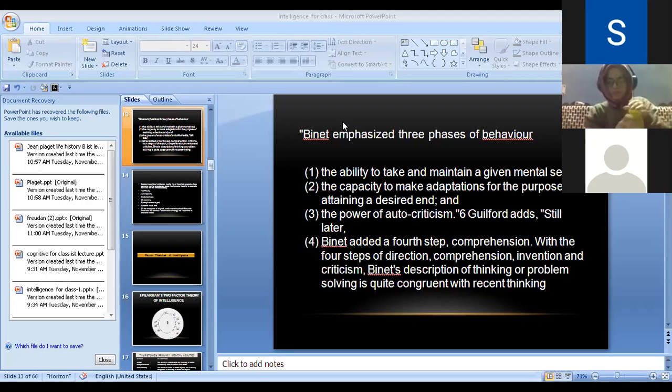Now there are two theories of intelligence, all of you know. One is your factor theories, and the other one is your intelligence process theories. Now, one theory gives importance to the different factors which are important for the intelligence, and the others give importance to the process which are important for intellectual functioning, from which you include whether the person is intelligent ya nahi. And under that, the first theory, factor theories, we will cover is our